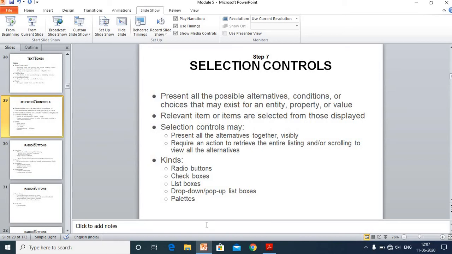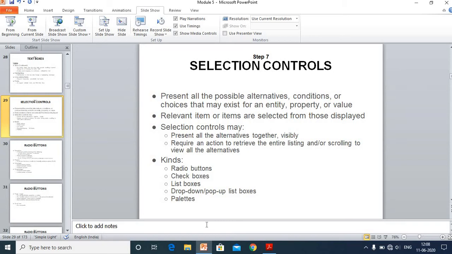If I have check boxes, what happens? Let me say I have 5 check boxes, I can select any number of them. If I want to select 3 check boxes, I can select those. If I want to select a few more, like 5 to 6 check boxes, I can check those.